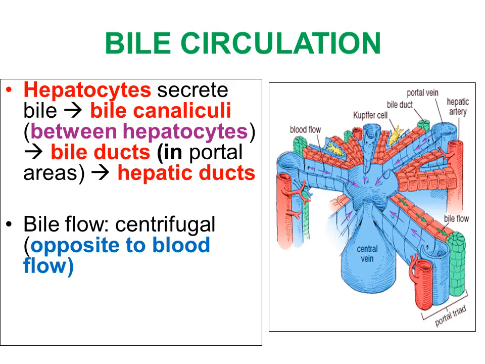And a word about the biliary circulation. The hepatocytes secrete bile which enters the bile canaliculi, which are nothing but spaces between the plasma membranes of adjacent liver cells. From the bile canaliculi, the bile enters the bile duct, from the intralobular ductules to larger interlobular ductules to the canal of Hering, then the bile duct in the portal area, ultimately draining into the hepatic ducts. Bile flow is centrifugal, or opposite to the blood flow in the sinusoids.